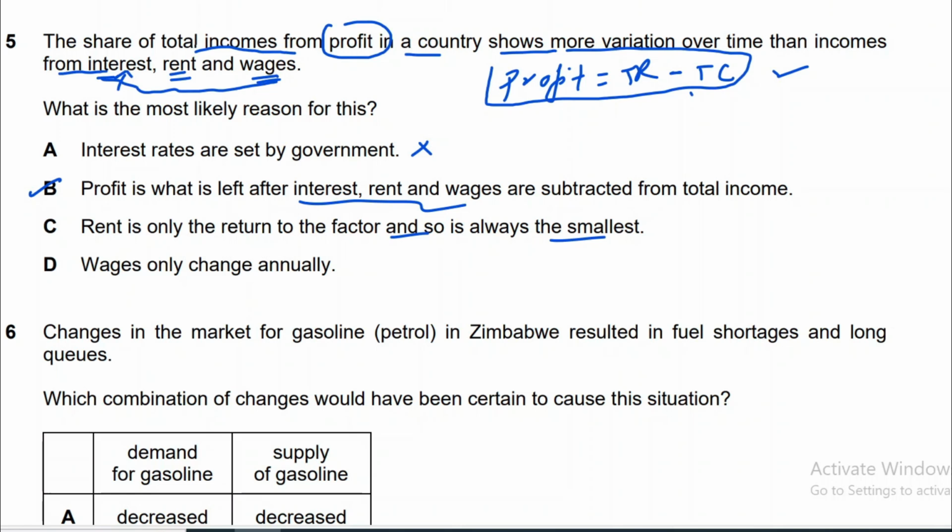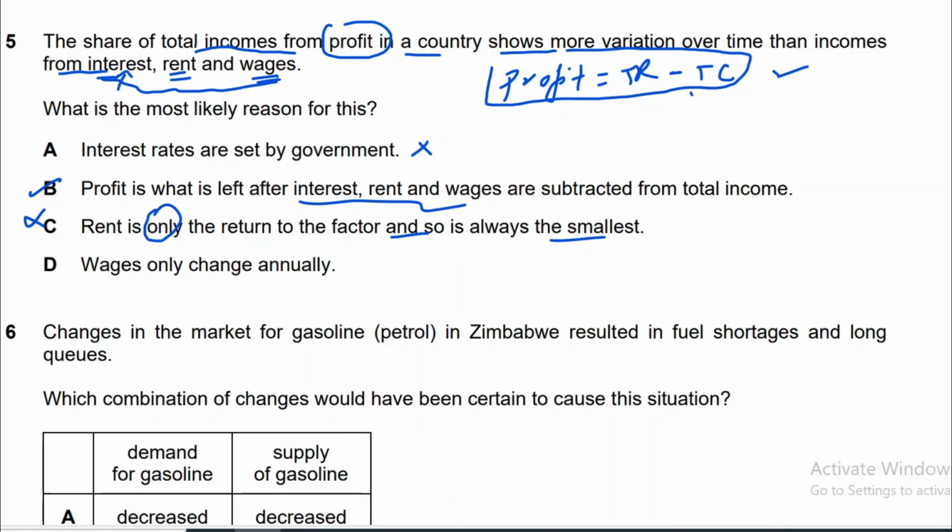So examiner says that rent is only the return. Rent is not only the return, rather all other options are also returns of factors of production: land, labor, capital. And wages